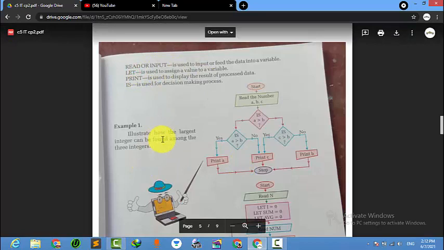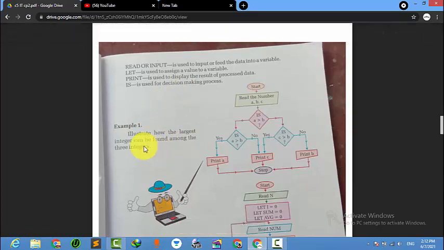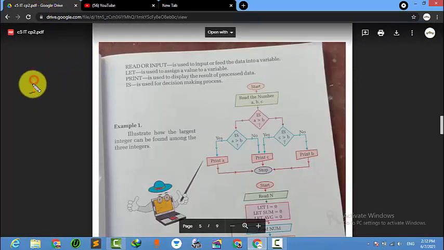Here is a part of a program: how the largest integer can be found among three integers. Suppose a is equal to 10, b is equal to 5, then c is equal to 7.